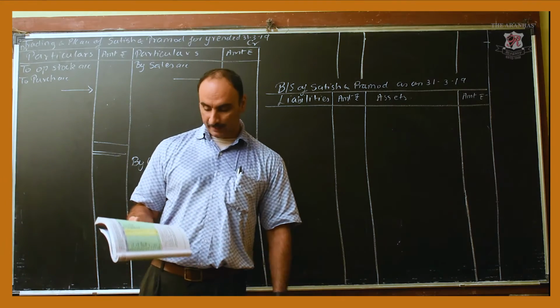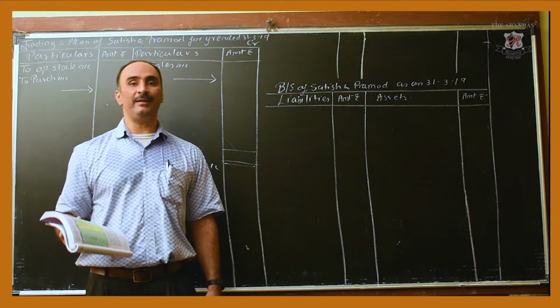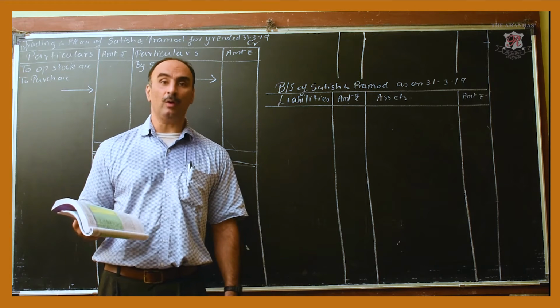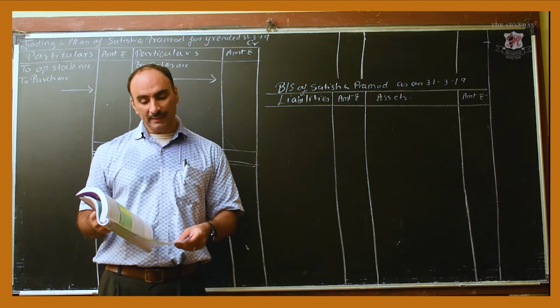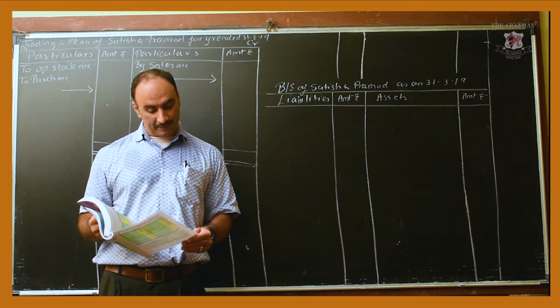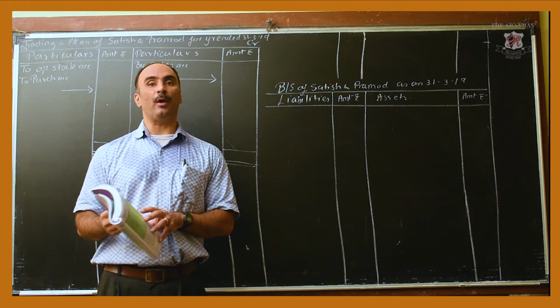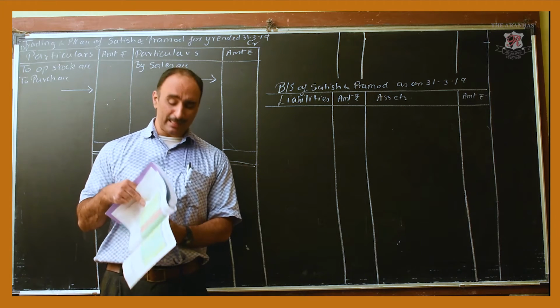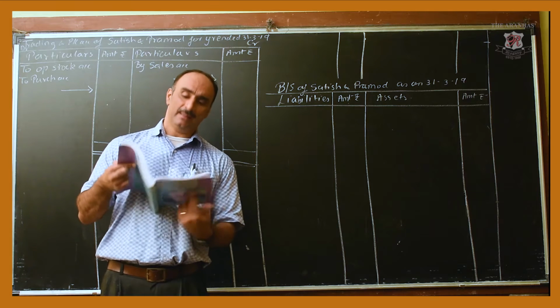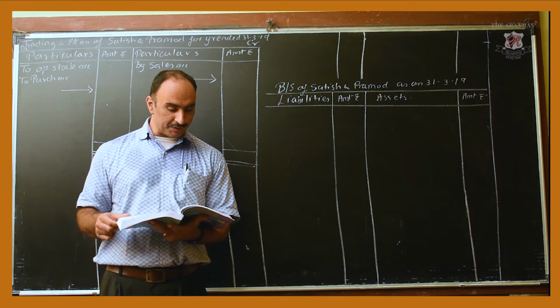Today what we will be solving is problem number 7 that is unsolved in your textbook on page 59 and 60. It starts on 59 and then continues onwards to page 60. So we will solve that one problem today. So as usual when we are starting the sum, let's make our tick marks for the adjustments.